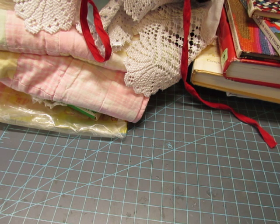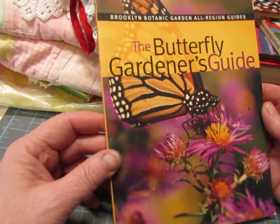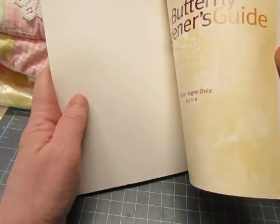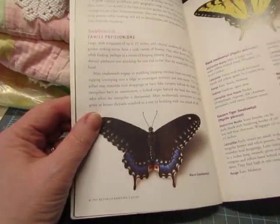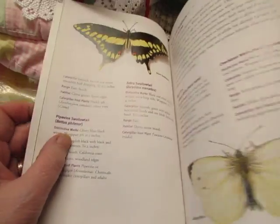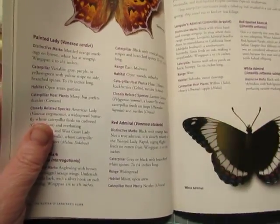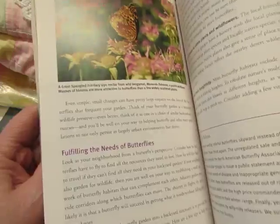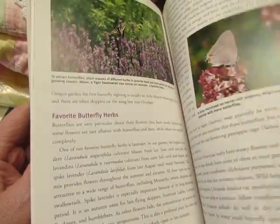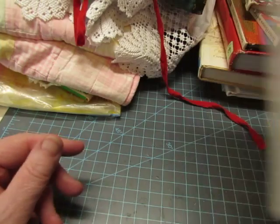And I didn't see any good vintage games, but I did find some other things that I really wasn't expecting to find. So I thought I would share it with you. This is the Butterfly Gardener's Guide, Brooklyn Botanic Garden, and it's got some really interesting pages. I think I have too much stuff on my table. Hopefully you can see. So those nice, beautiful pictures of butterflies, whether I use the page in a journal or cut the butterflies out to use in collage, there's enough in there. And then there are photos, just some really nice photos. But those beginning pictures of the butterflies were worth the price of the book, which was $1.99,